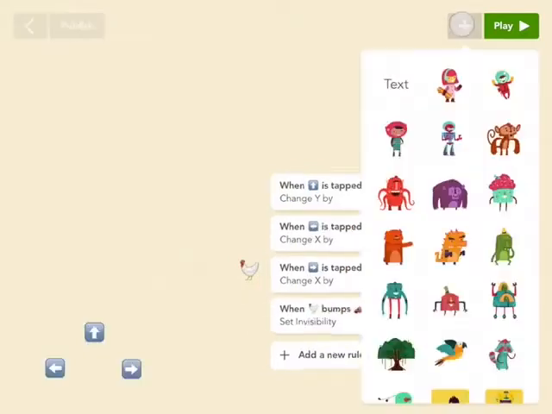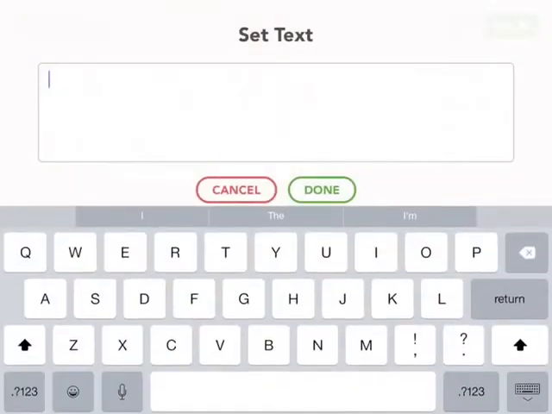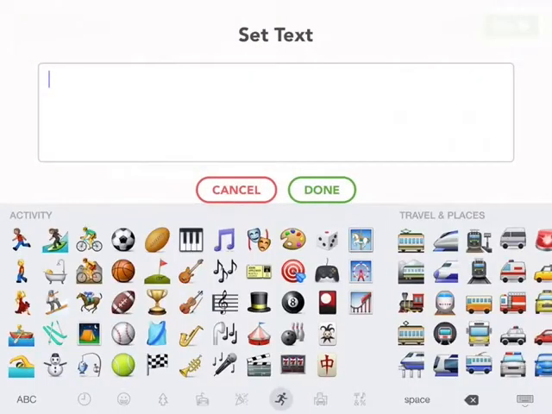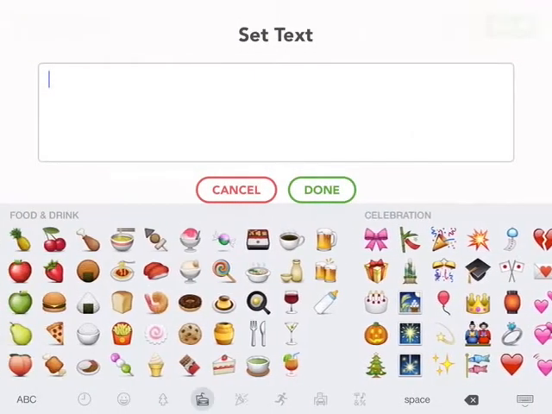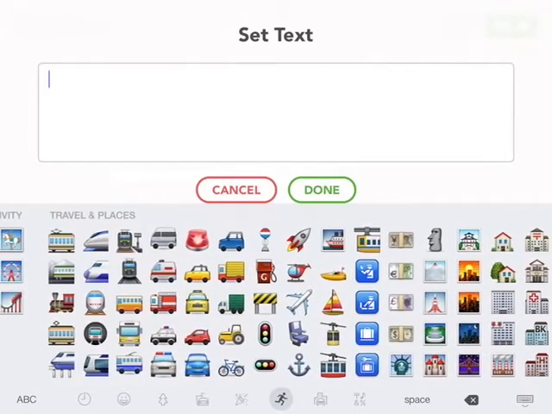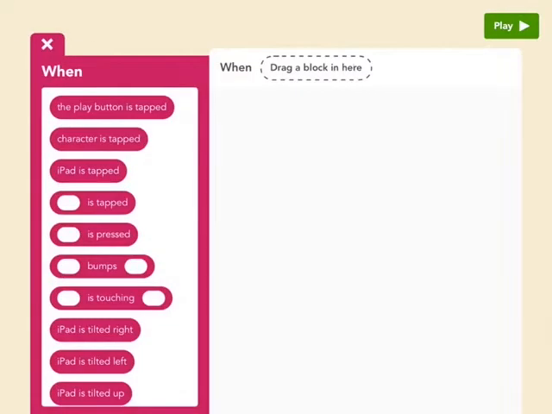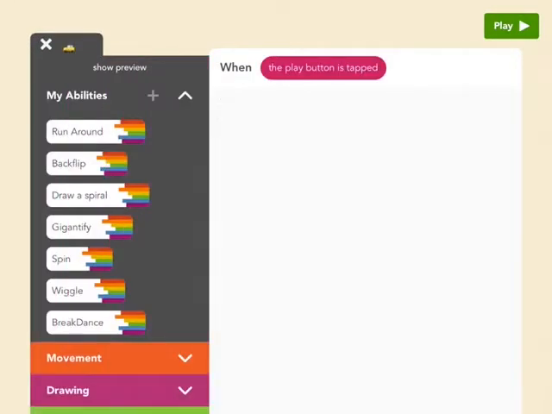So to add a car, we're going to go to the objects menu and pull out another emoji, and we're going to pick a different car this time. So let's find this yellow one. Works. Cool. Let's drag it over here with that first car, and let's add a new rule. When the play button is tapped, and we're going to have it do the same thing the last car did,